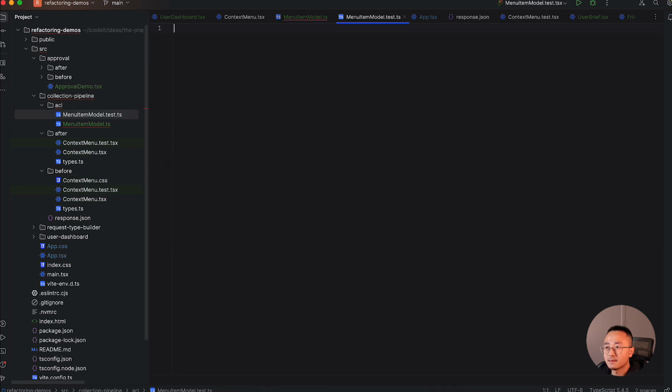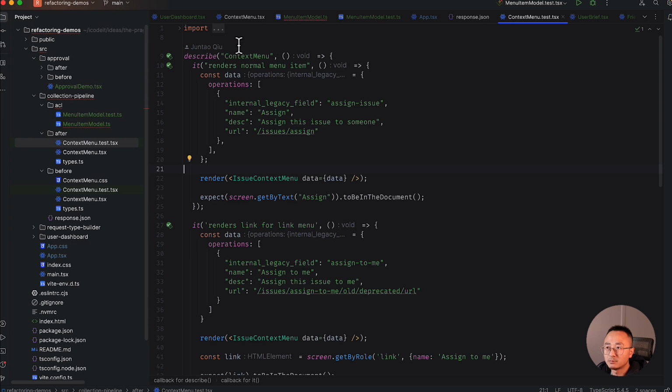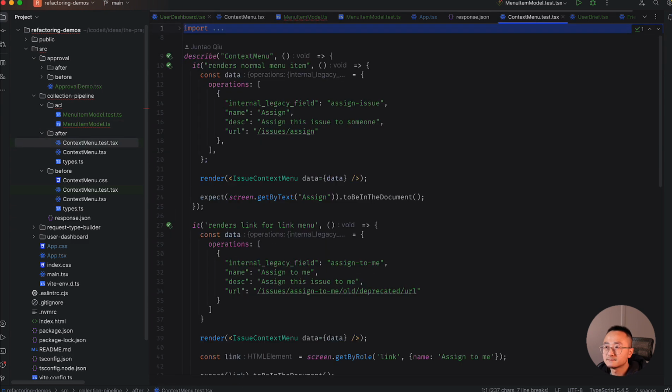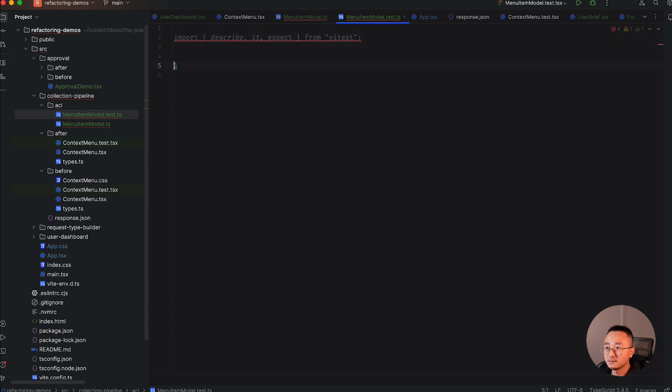I will just copy some helpers over. In a test, we don't need the context menu, we don't need a render, we just need a describe. Probably you don't need this one either. We just do a describe menu item model,